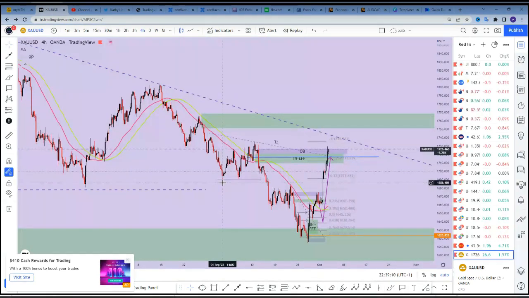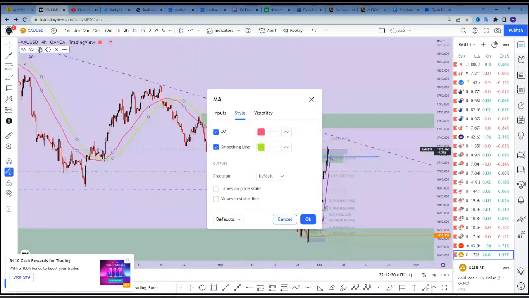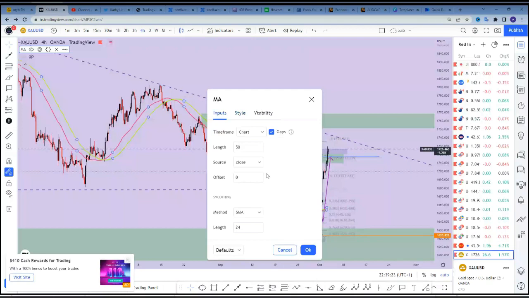All it takes is 2 moving averages and 1 stochastics. Like I said, you just need to know the trend and use oscillators for your entry and exit. These are the settings: 50, 24, applied to close price. You can take a screenshot of it. This is all that we use.